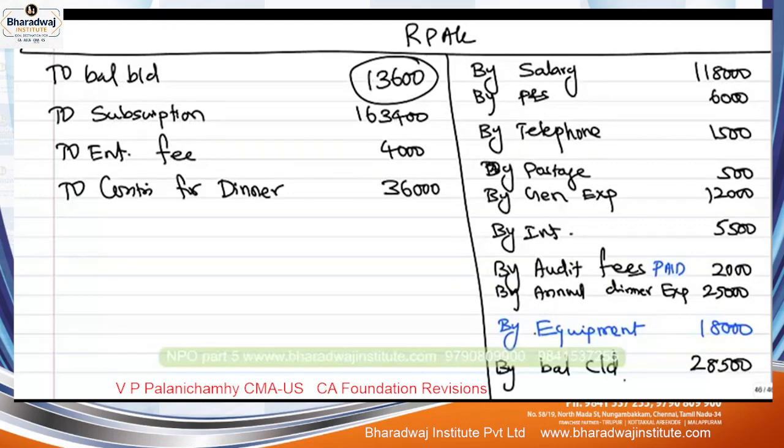13,600. See, I have not included many problems in this style because once you know how to prepare income and expenditure account, it is just a reverse working. Nothing new we are learning. Just the opposite one we are working. From collection and payment, we used to prepare income and expenditure account. Now from income and expenditure account, we just go reverse. That's all. Though the concept is simple, at least one or two problems you have to practice to go for a lengthy or main problem.